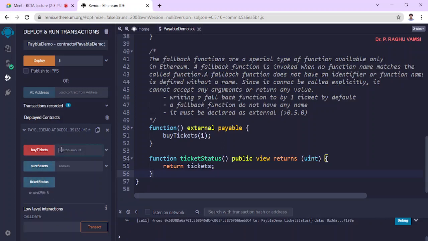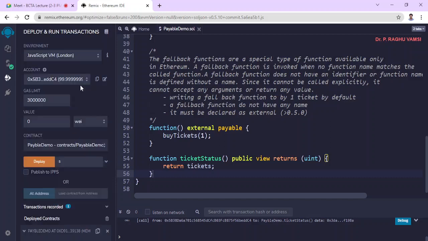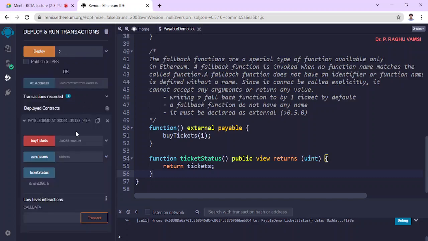For buy tickets, now I'm selecting a different purchaser, so the second account I am selecting. Here one ticket I am going to purchase.